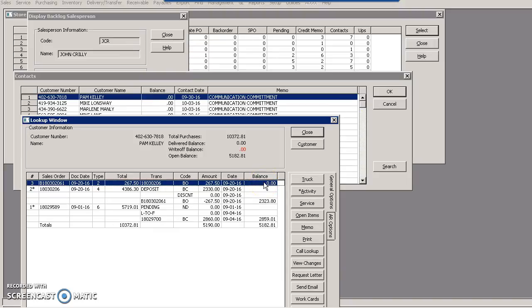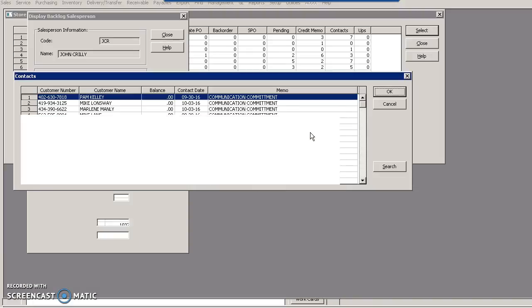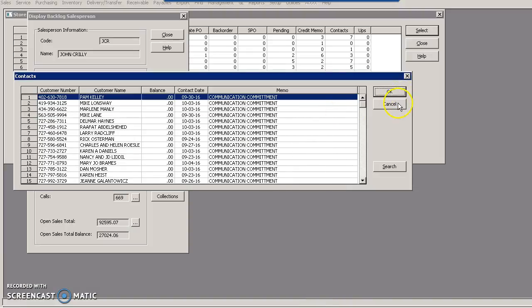This obviously takes a few times doing this to really get comfortable with it. Once you get comfortable with it, it goes very quickly. It really is not time consuming at all, especially if you stay on top of it daily. Okay, so again, hopefully that helps protect you from getting potential